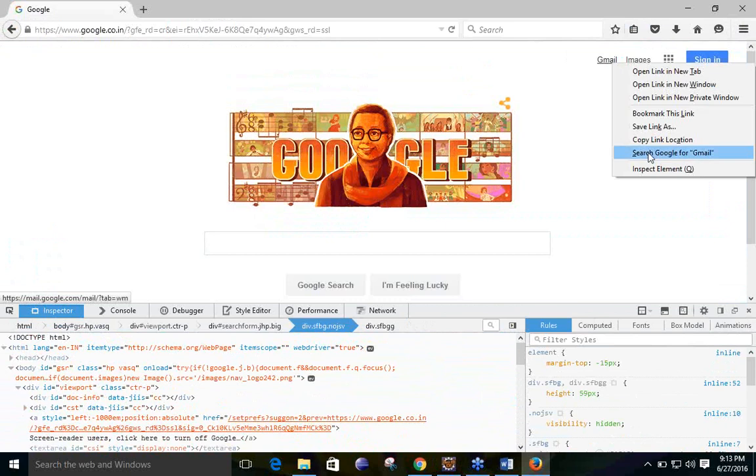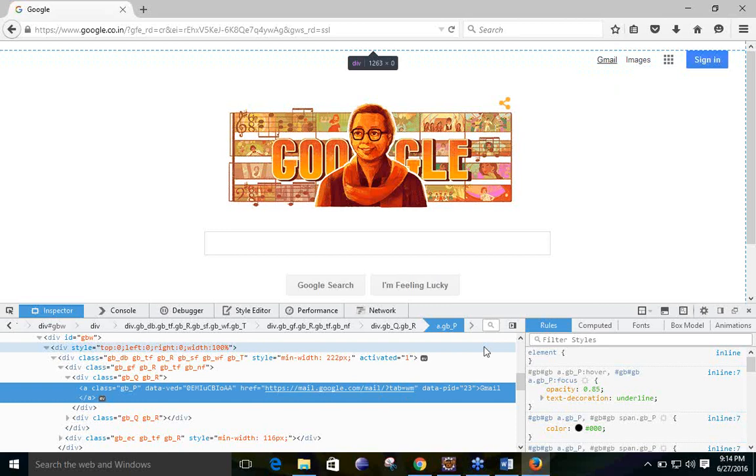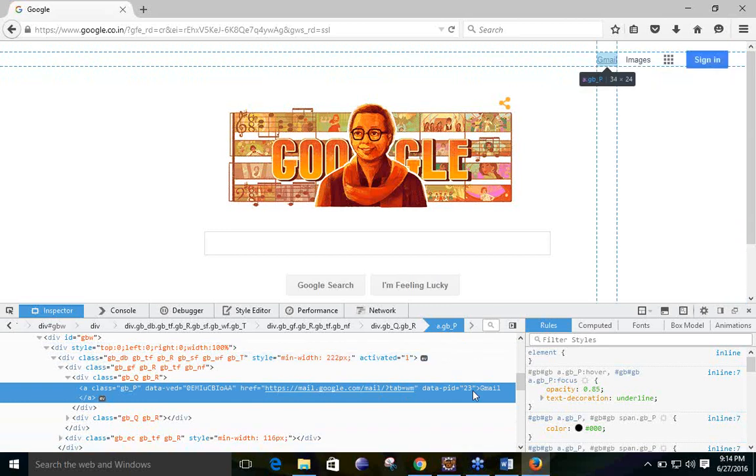Right click on this one. Click on inspect element. Yes. You can see the tag is A, class name is GP, something like that. Reference is mail.google.com/mail. This is the link. I wanted to see whether for every link we only have A, or can we even give another value? That was the reason I asked. For everything, for a link, the syntax is always going to start with A. Okay.